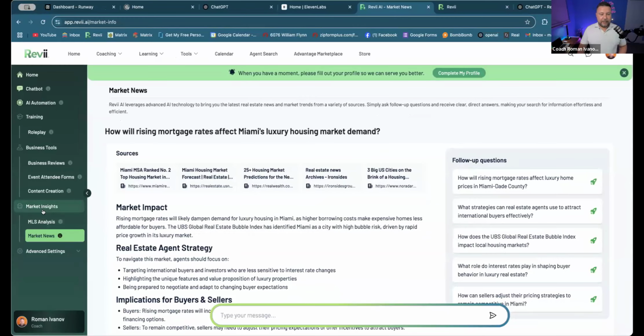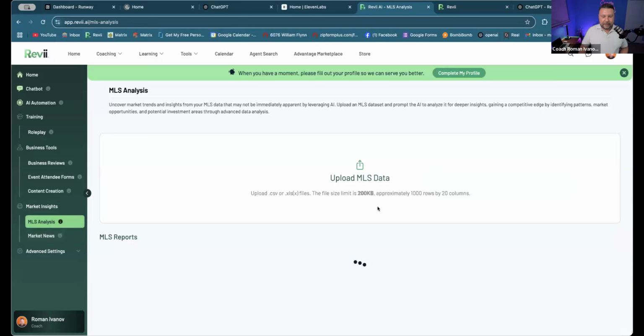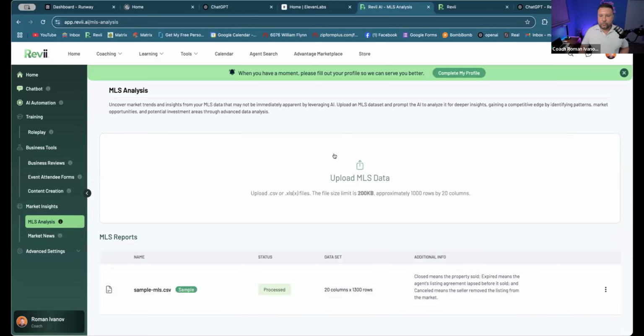So if you go to Market Insights and you click on MLS, you can download your MLS data for, let's say, the month of April, and you can create the outcome that is specific for any neighborhood that you choose. Why do I want you to train AI on particular neighborhoods? Because let's imagine you have a farm that you want to be very specific on and create content for, or you want to touch certain neighborhoods that you want to